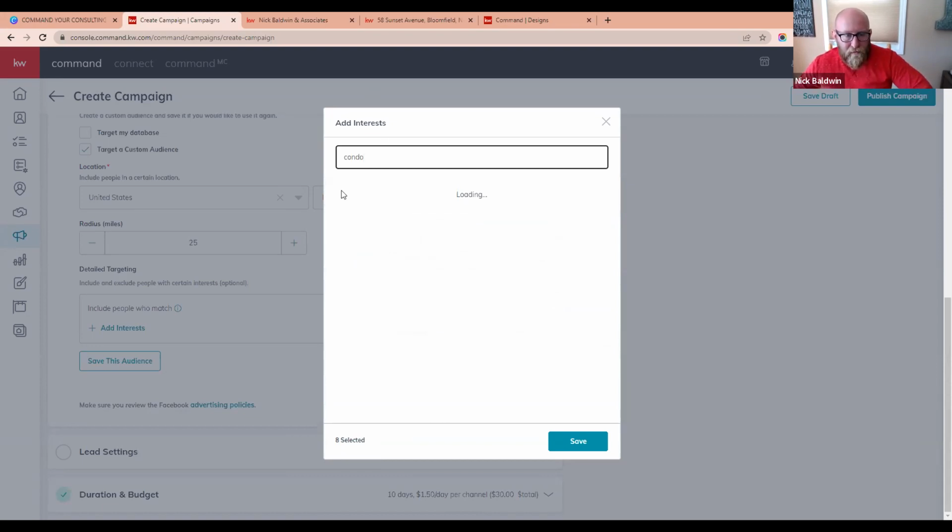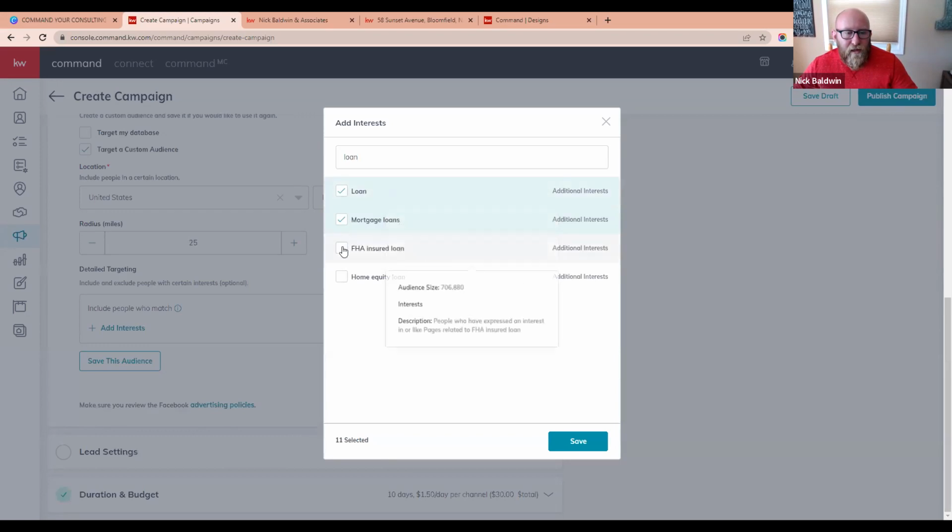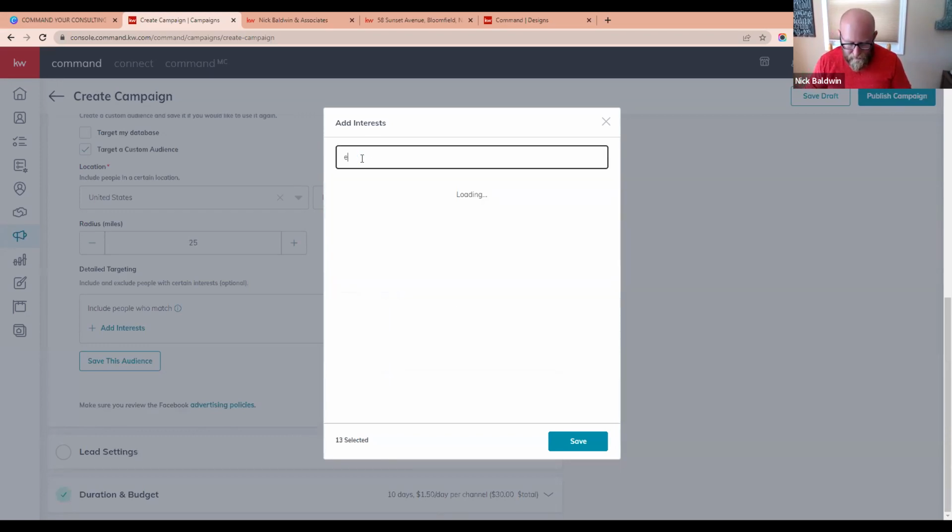All right. I'm going to use condominium. I'm using commuting because this area that I'm advertising in is a commuter town. Let's see. Loan is a good one to use. FHA loan. You can do home equity loan. That might get you in front of